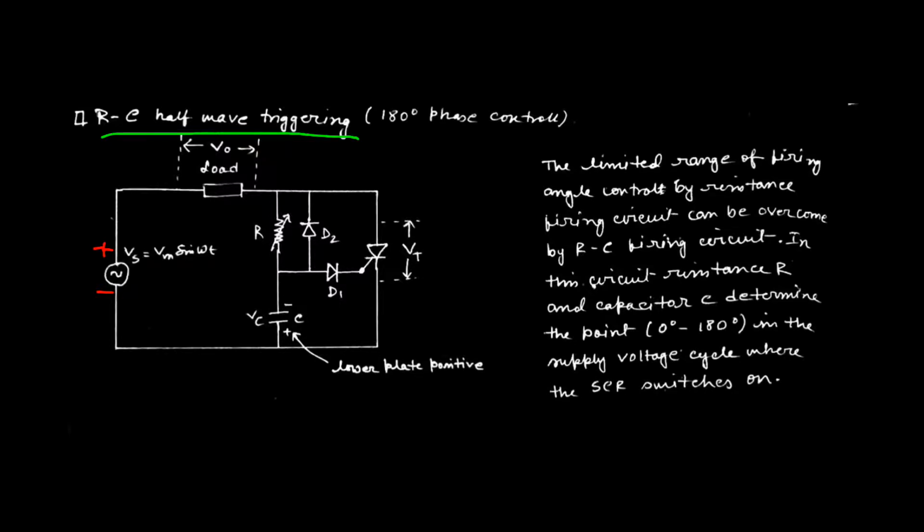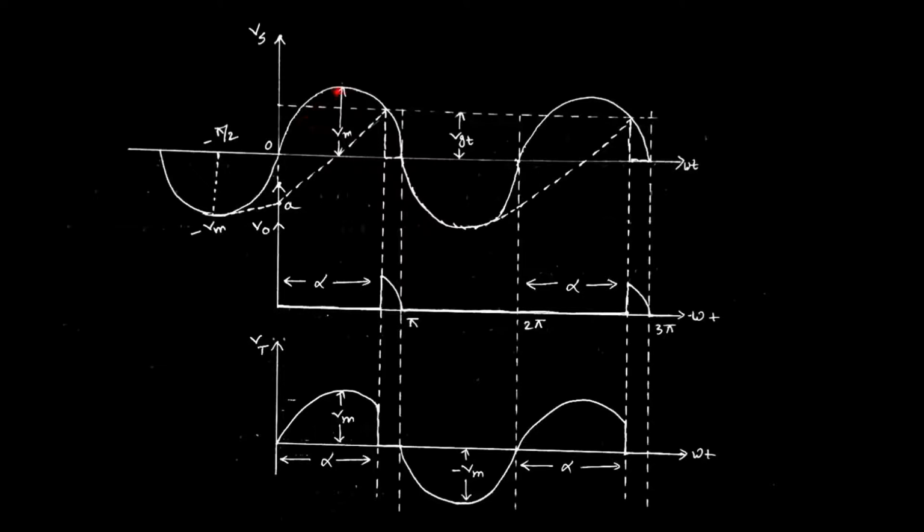That is why we can define this point anywhere in this positive cycle, maybe this point or this point. The total discharging time depends on the set value of the variable resistance R. That means we can change alpha over a wide range, within 0 to 180 degrees. Suppose in this particular case the capacitor is fully discharged, as well as charged to a particular value up to this point. When the voltage across the capacitor is 0, it starts discharging with a very sharp line.